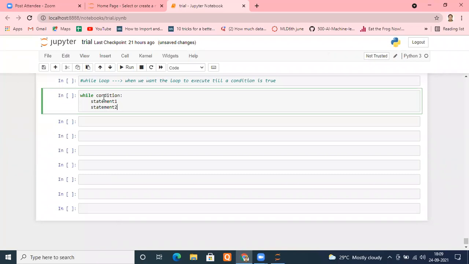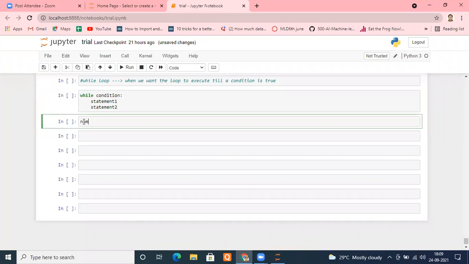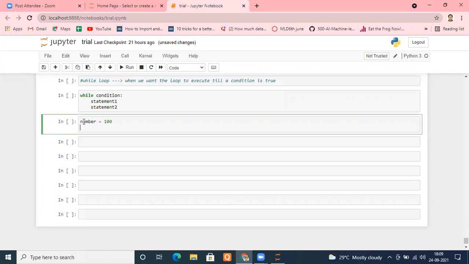Okay, now let us take a simple example. Suppose I'm taking a variable known as number, and the number is, let's say, 100. I take an initial variable to be 100. Now I'm trying to write a while loop, using the same variable which has been defined earlier. You cannot take a new variable here, otherwise your while loop will show an error. It will not be able to get what the value of that variable will be. So you have to initialize that variable. That's why I've initialized the variable in the beginning, number equals to 100.